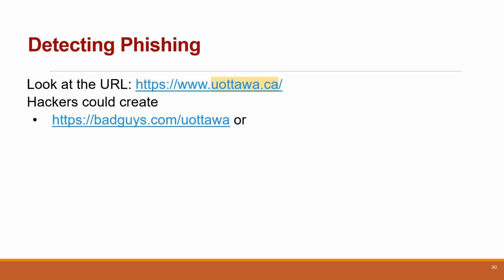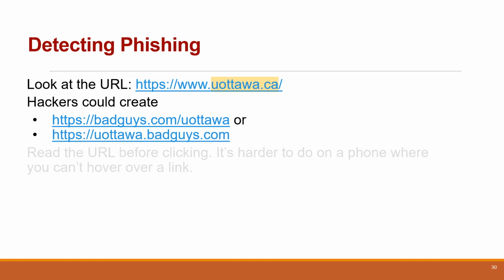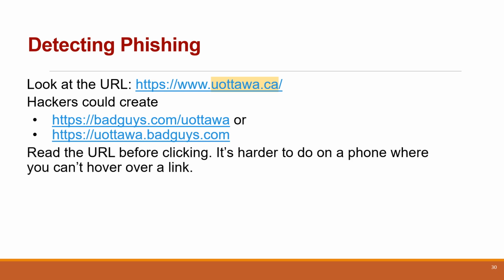If you're a hacker, you could make a URL to https://yoursite.com/uottawa, or you could make a link to https://uottawa.yoursite.com and point them to a nefarious web page on your website. So read the URL of links in the email closely, particularly if it's related to important site links like banks